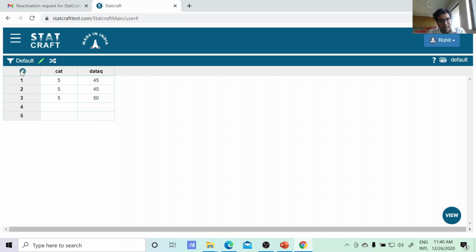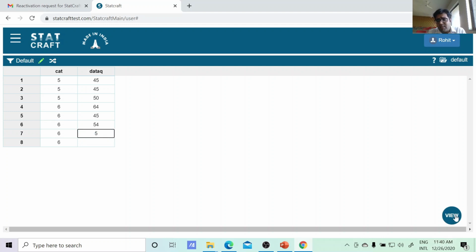Same way you can add another category. Now suppose the sixth category is there. At that time it is nominal data. It doesn't represent that group number 5 is greater than group number 6. It is just a group name, or you can say category, and here the data is nominal. Whereas here you are filling in the numerical data, and you can apply ANOVA.